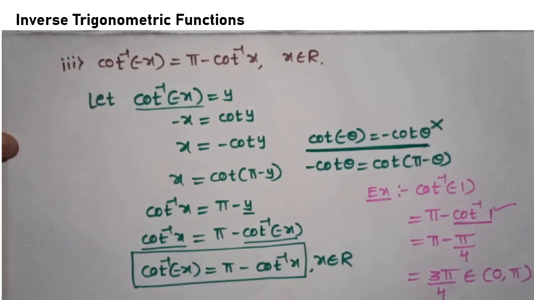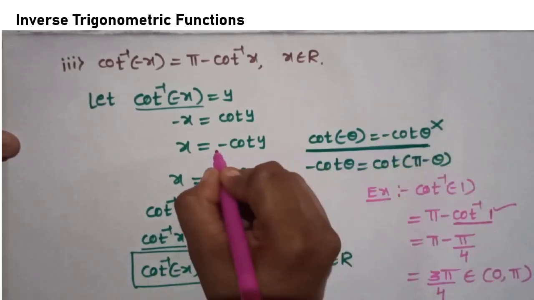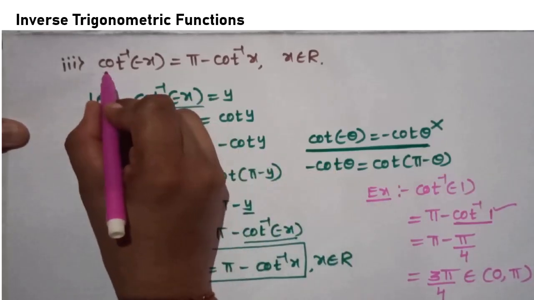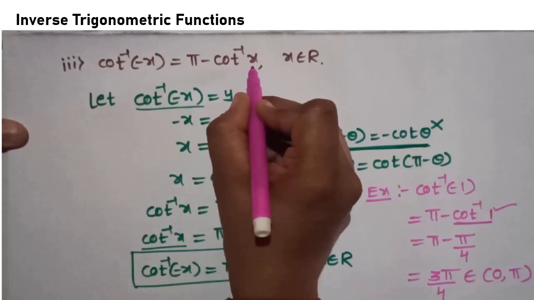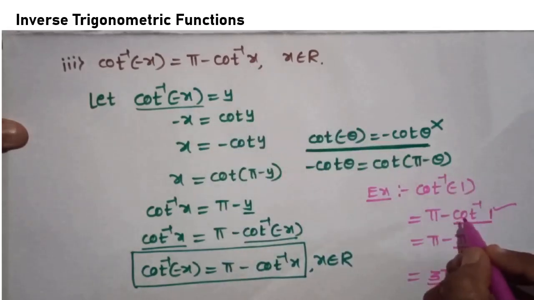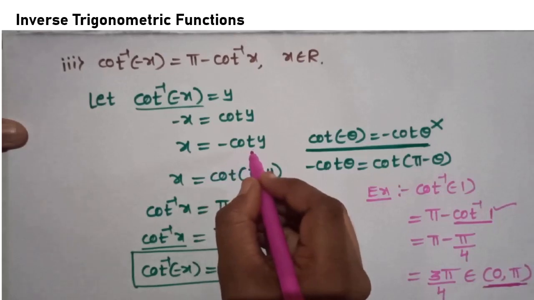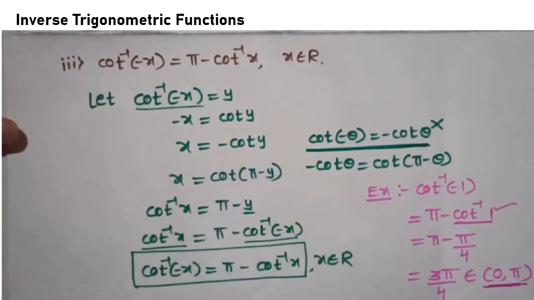Okay, so this obviously belongs to the principal value branch, that is the open interval 0 to pi. Now let me see here, if you used minus cot y as cot of minus y, you get the result cot inverse of minus x is minus cot inverse x. Suppose we use that result, cot inverse of minus 1 as minus cot inverse 1, we get the answer minus pi by 4. So obviously minus pi by 4 does not belong to this principal value branch. So instead of getting cot of minus y as minus cot y, I use cot of pi minus y, so that we can get our result belonging to the principal value branch.